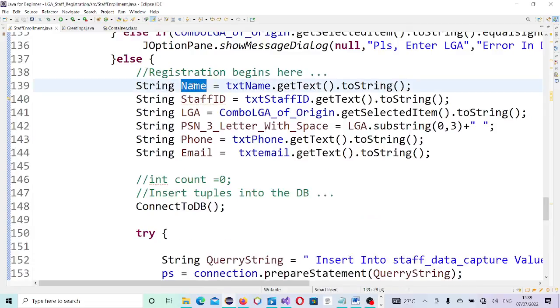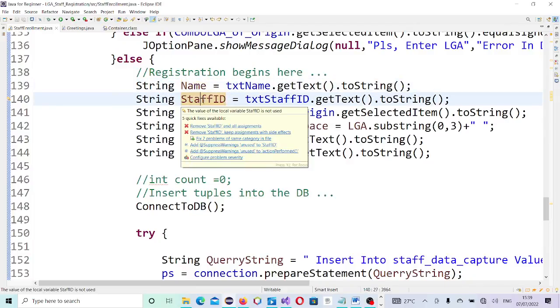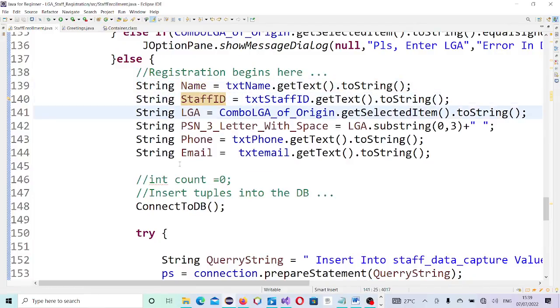Name is a local variable, right? This is also a local variable, right? All these are local variables. So if I pick them into the method, it's going to be a problem. Yes, of course, it will not see it. It can't access them. So what I will do is I will declare these things as kind of,